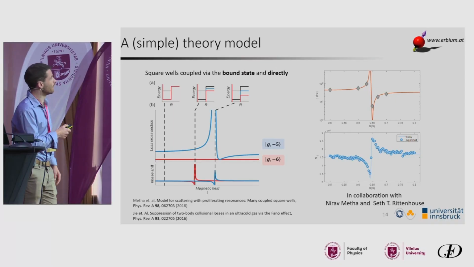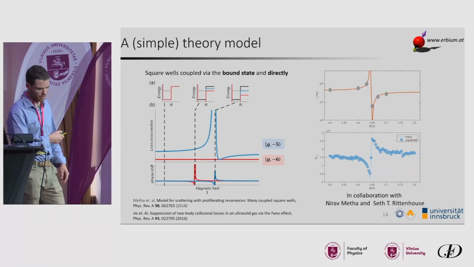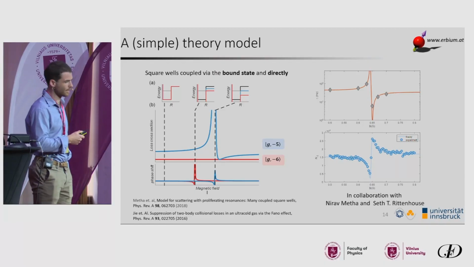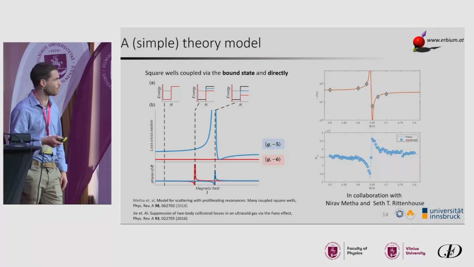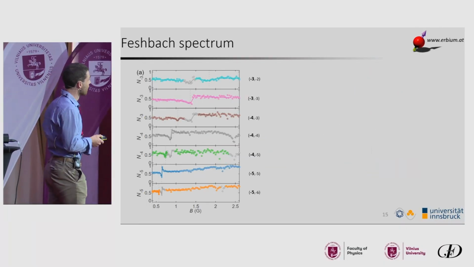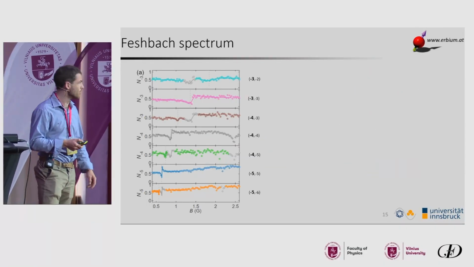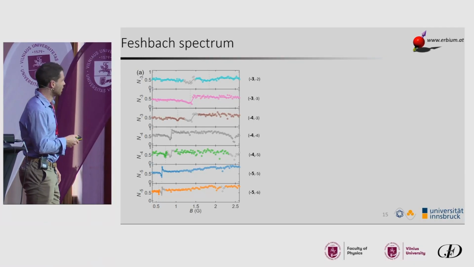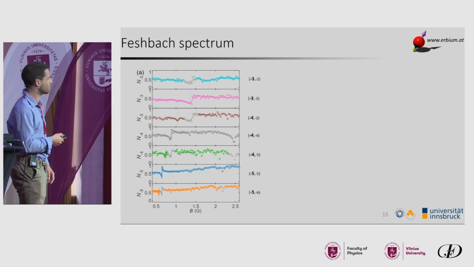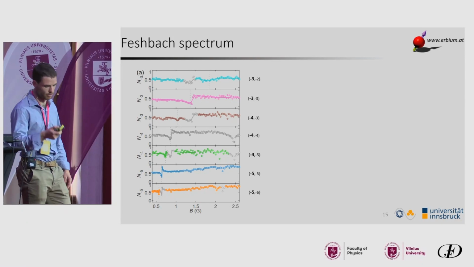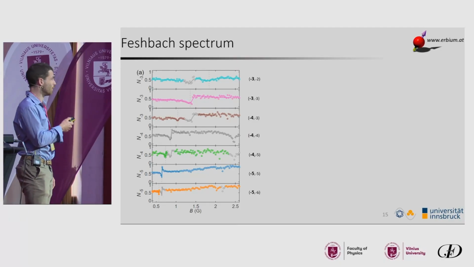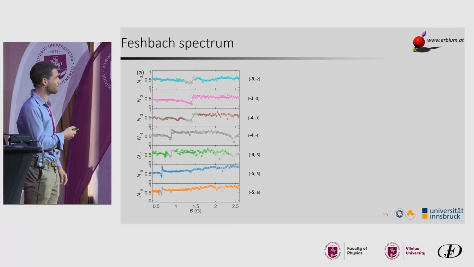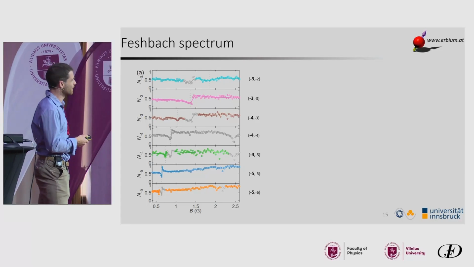But now there's still a remaining question: like I told you, we create a molecular state, but what is this molecular state? How does it evolve? What are the quantum numbers of this state? That's what we had a look at a little bit. Until now we focused only on the collision of -5 with -5 atoms, but I told you we can create any spin mixture. So we started to do all possible combinations of spin mixtures, making a Feshbach spectrum of them.